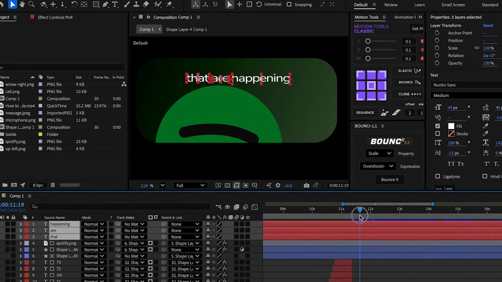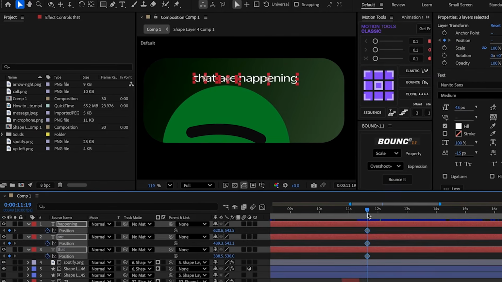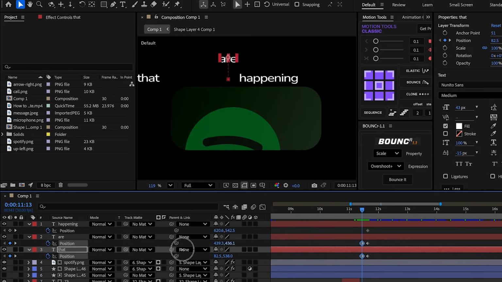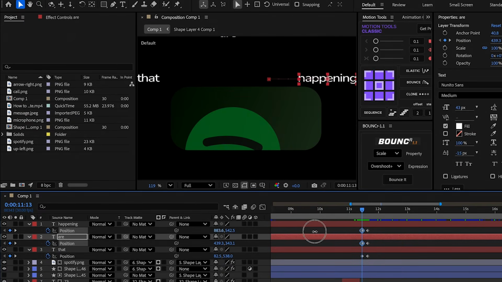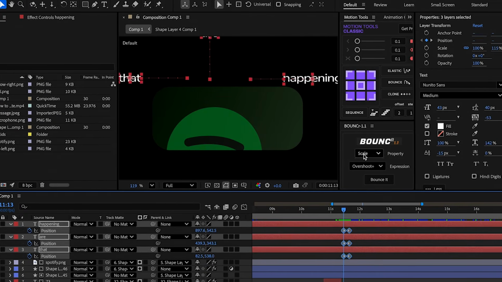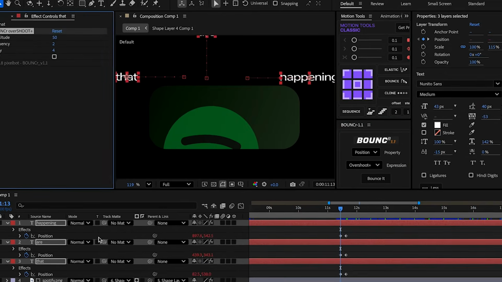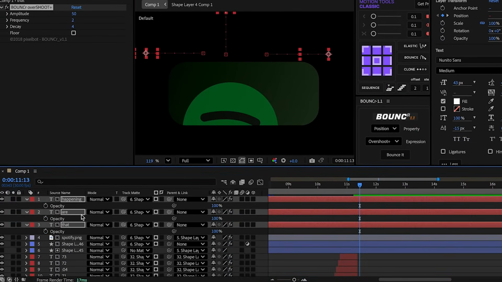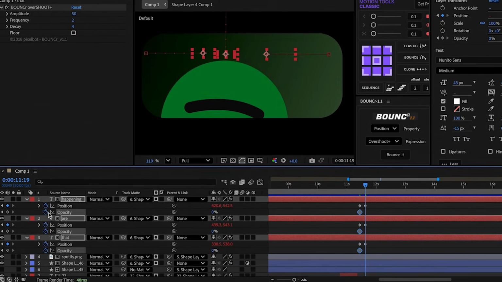When the green rectangle reaches its maximum size, create a position keyframe for the words. Move 6 frames back, then shift the first word to the left, the second word up, and the third word to the right. Select the keyframes, add a bounce, and parent all the 3 words to the rectangle without the visibility. Add an opacity keyframe for the words, lower the opacity to 0%, move to the last keyframes, and raise